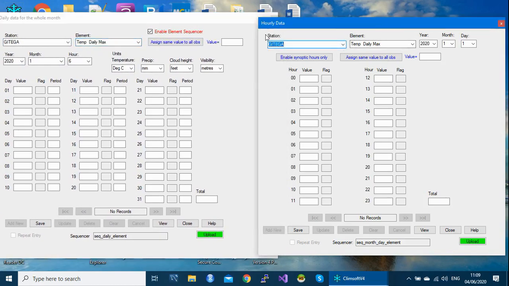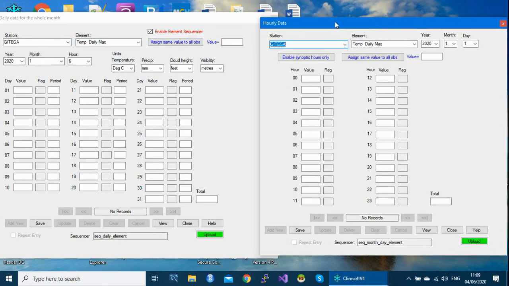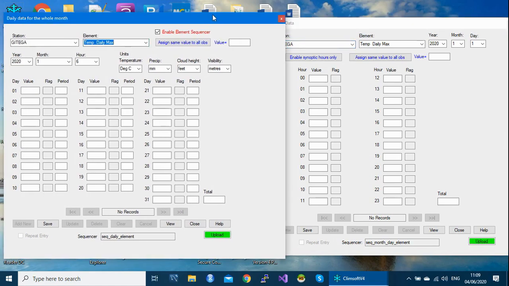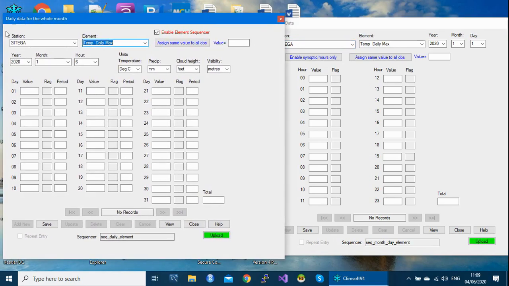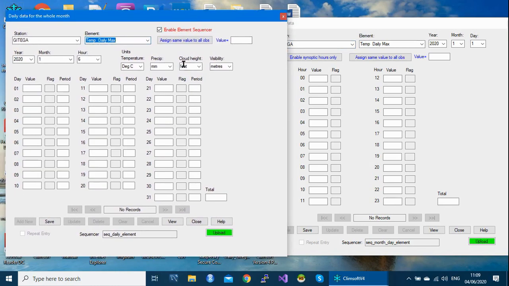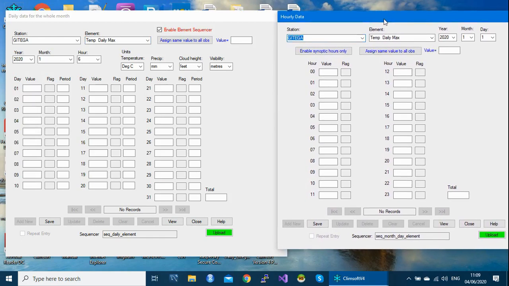You see the stations, elements, year, month, day, and so on. So first of all, there is this general information, the upper part. And then if you move down, you'll see what are called the value boxes. This is where data are entered, on this one and here on the hourly form.